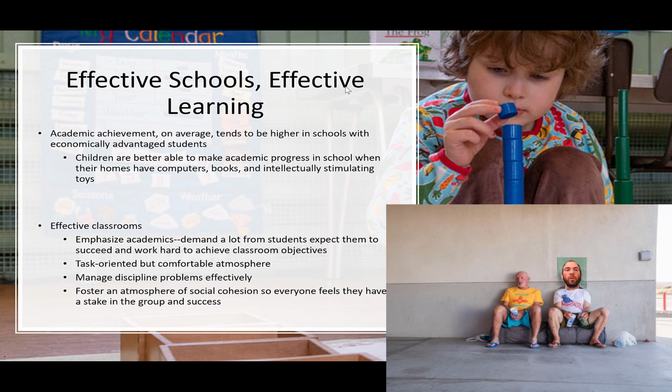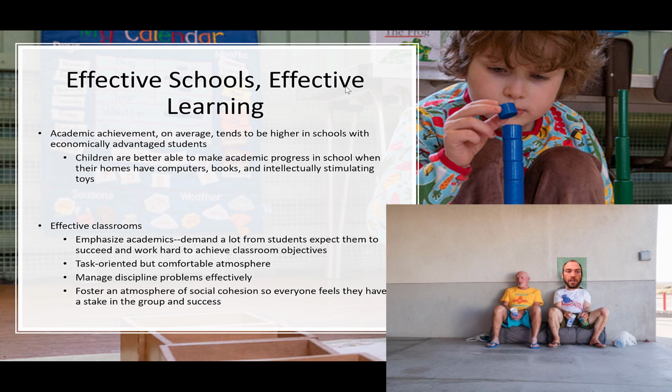So again, skipping ahead a little bit, effective schools and effective learning. Academic achievement on average tends to be higher in schools with economically advantaged students. Children are better able to make academic progress in school when their homes have computers, books, and intellectually stimulating toys. Effective classrooms emphasize academics, which is, they demand a lot from students and expect them to succeed and work hard to achieve classroom objectives. They're task-oriented but have a comfortable atmosphere,